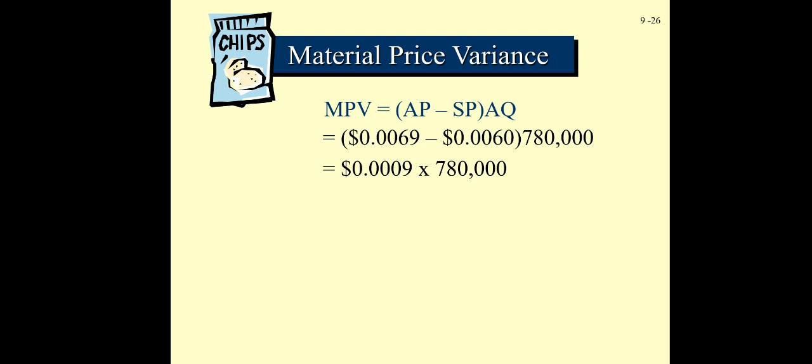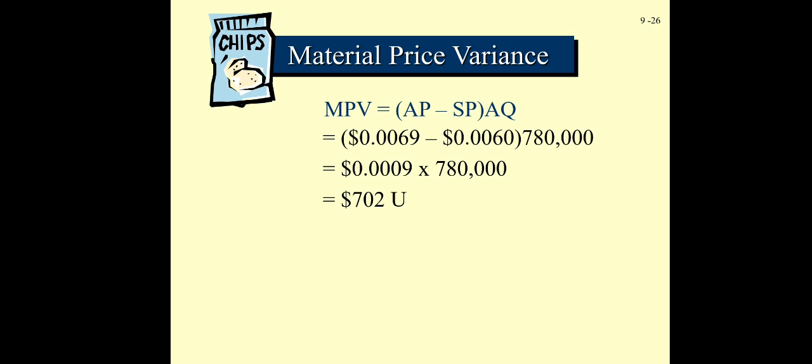The actual price for one of the material used to produce this product is 0.69 cent. The standard price is 0.6 cent, and then the actual quantity used to produce the corn chips is 780,000 ounces. So you solve this calculation, and then you will see here the results of the calculation is $702